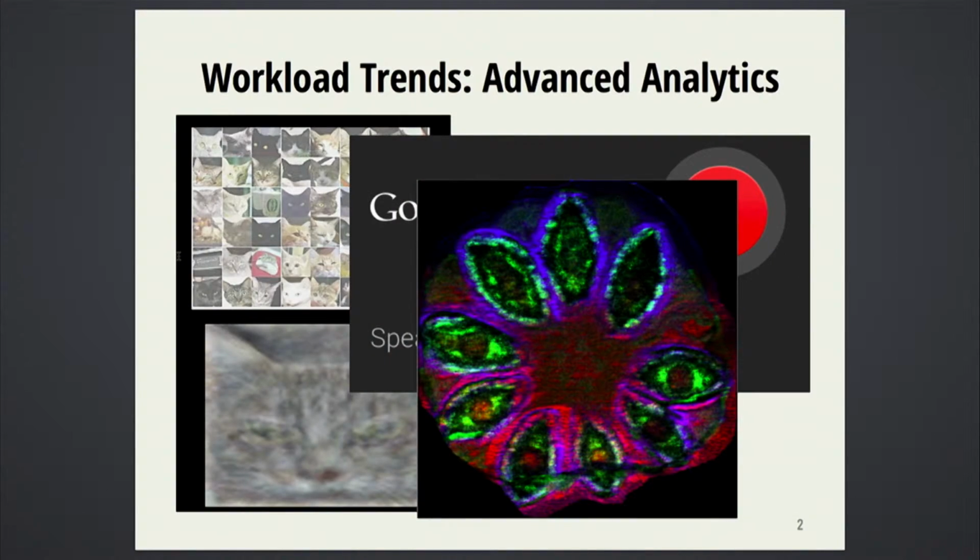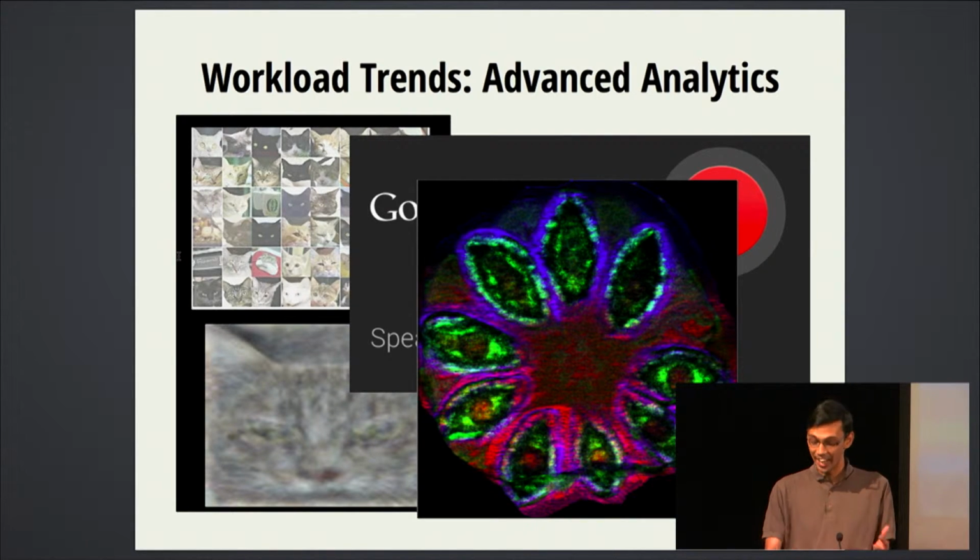These include machine learning workloads that you might have heard talks of or are going to hear talks about tomorrow, including, for example, image classification, where you want to detect cats on the internet, or speech recognition, where you talk into your phone and want to identify what you're saying. But it's not just in the consumer space.